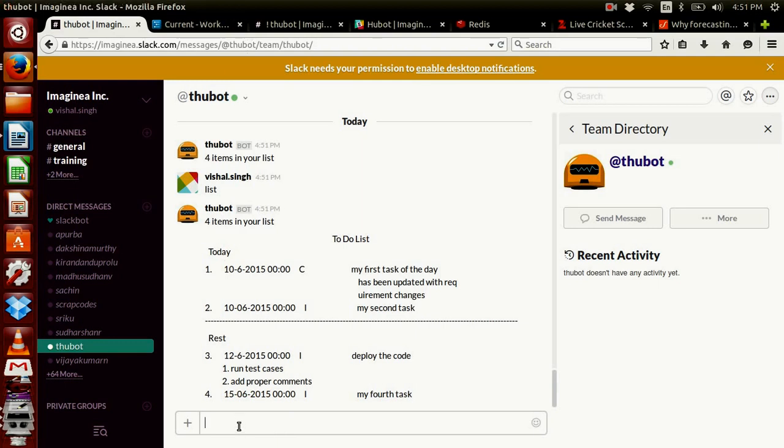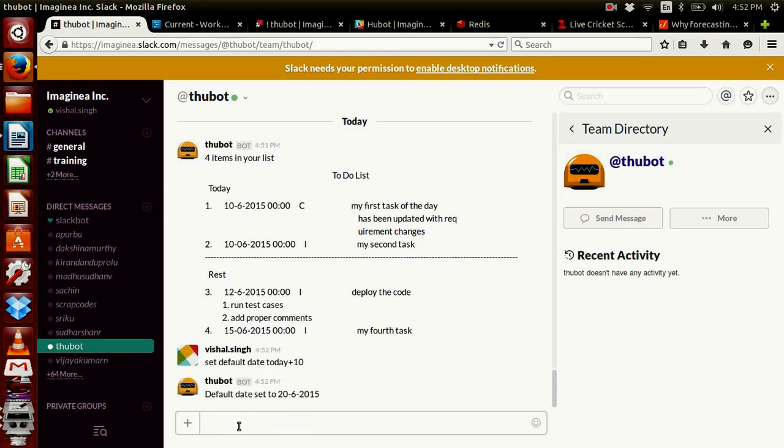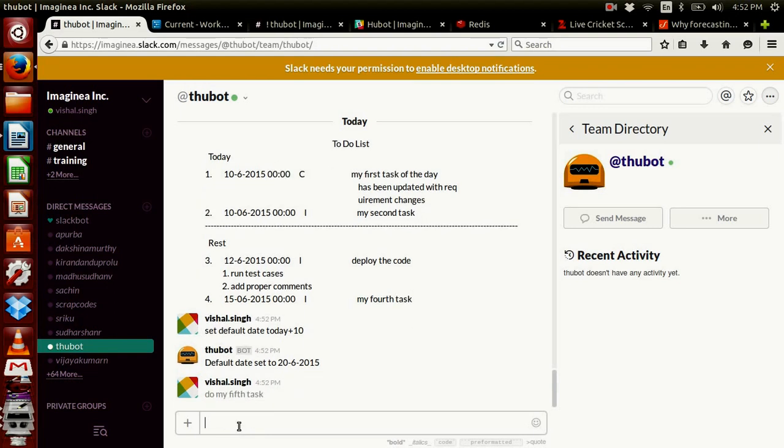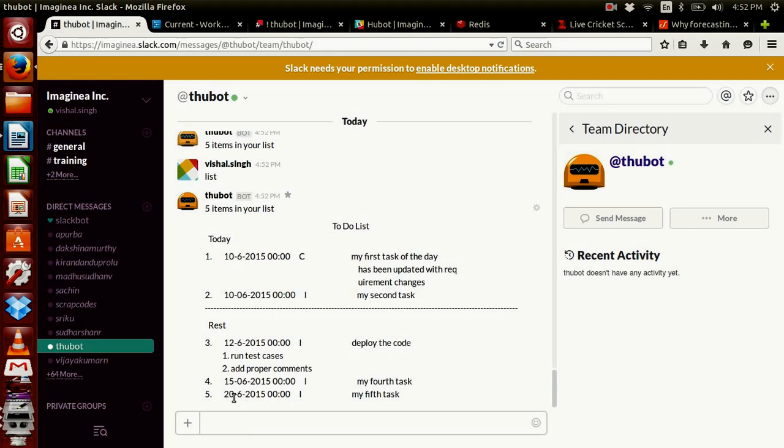You can also set date in the format set default date today plus 10. So now we have set default date to be 20th of June. Let me show you my 5th task. So default date for 5th task is 20th of June.